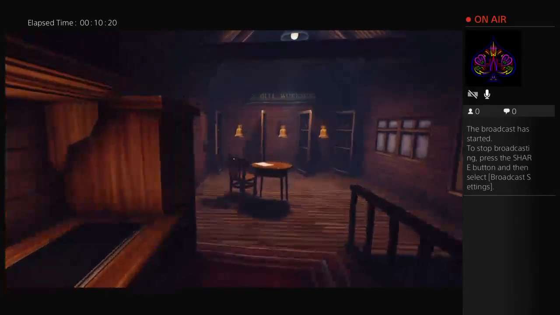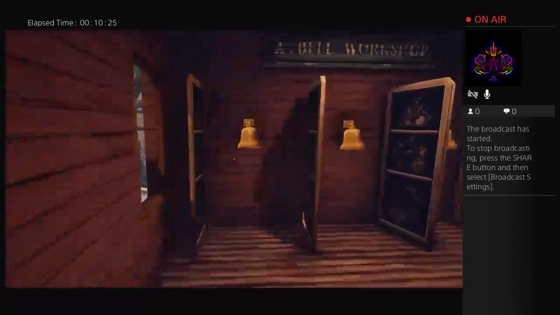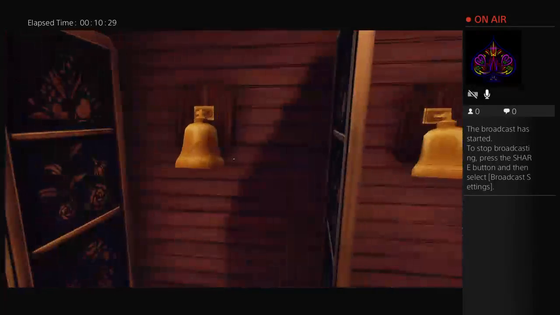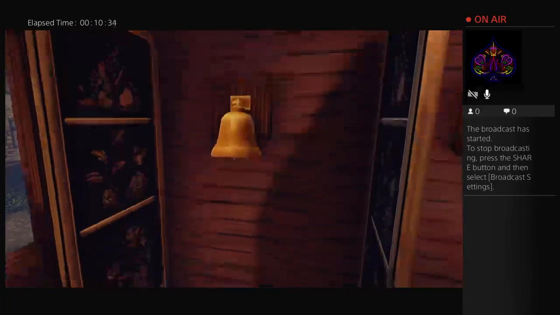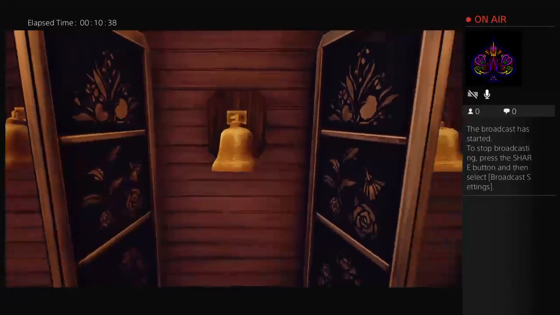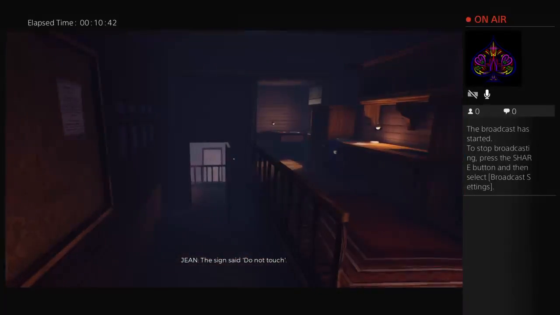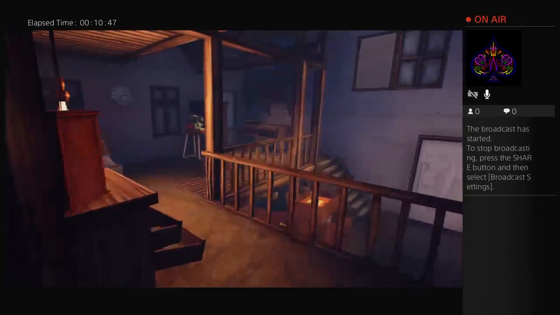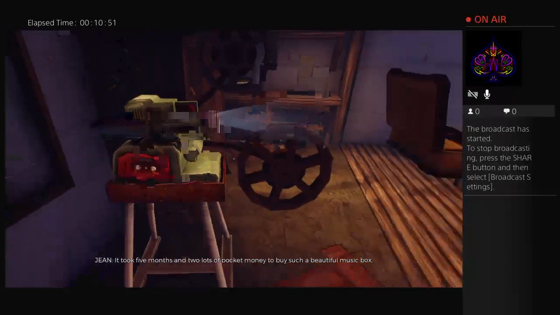So let's figure out what the spell sentence is. Shall we? If I remember, those go boom, boom, boom, boom inside. Yeah, the sign said, "Do not touch." That's how we activate the projector. It took 5 months and 2 lots of pocket money to buy such a...